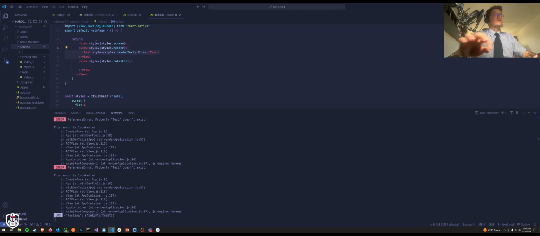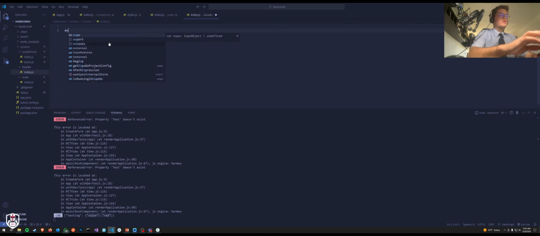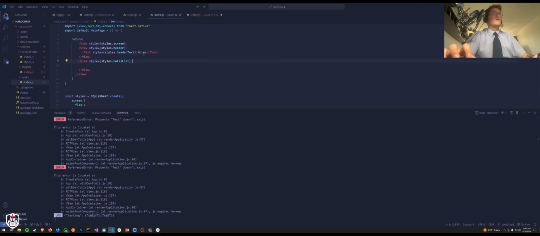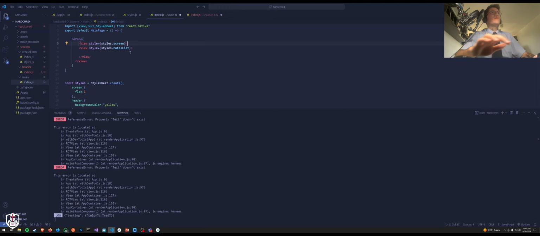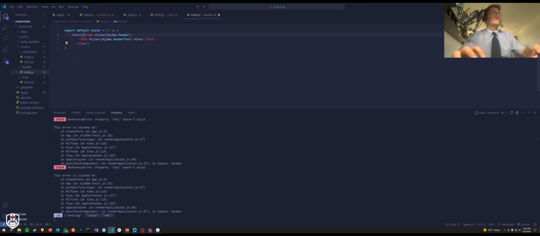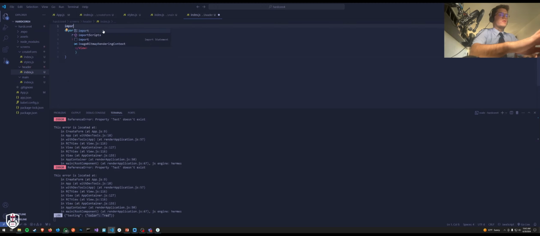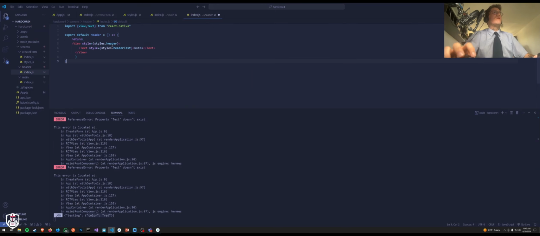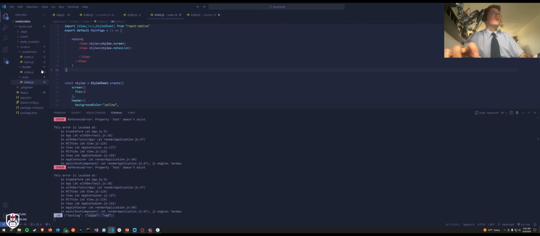Let's do that. Inside of screens, let's create a header folder, okay, index.js, and inside of index.js, let's export default header equals an arrow function, okay, return, and inside of this we will put the header component, okay, return the header, and very important, import View and Text from React Native, and we will need the styles as well, so we will copy it, we will not cut it, we will copy it, go to header,